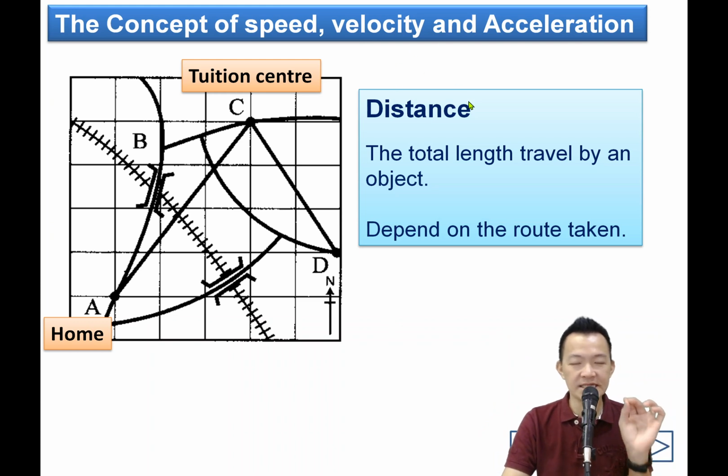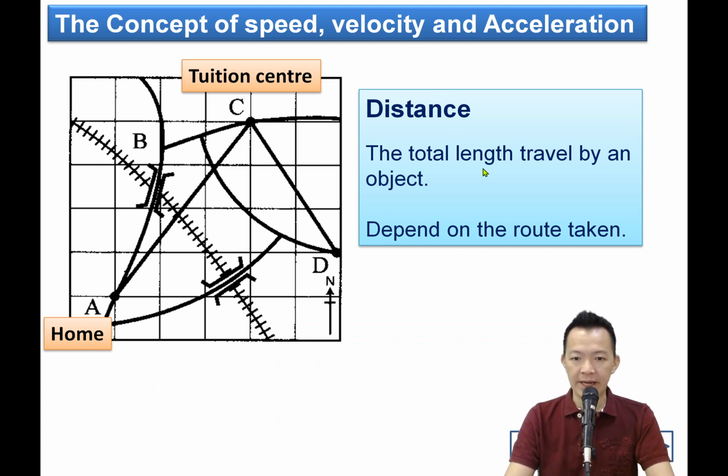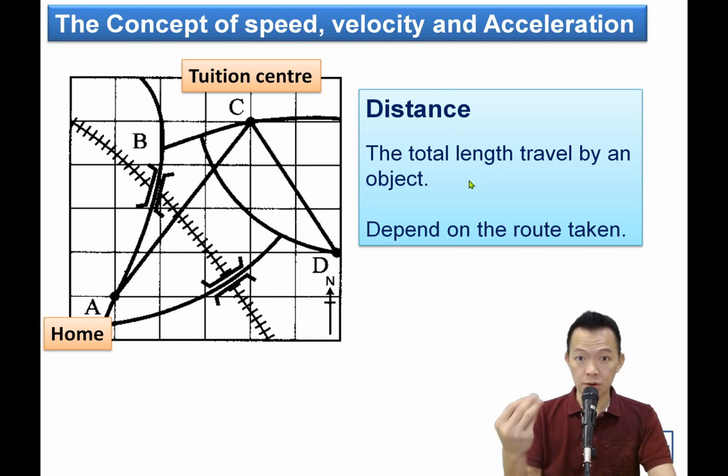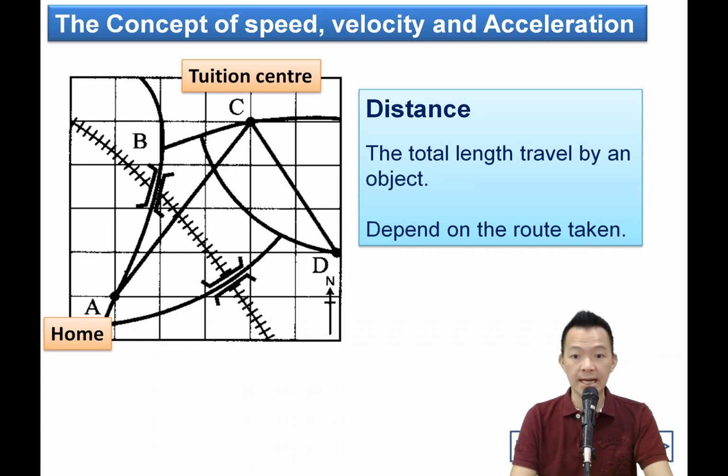So what's meant by distance? 什麼叫 distance? Okay, 距離啦。The total range traveled by an object. 某某東西總共走過的一個長度的路。Copy. And depends on the road taken. The distance actually depends on the road taken. 要看你走什麼路啦，長和短。